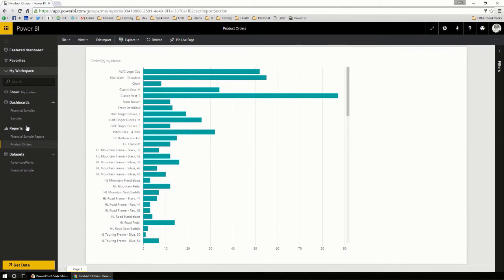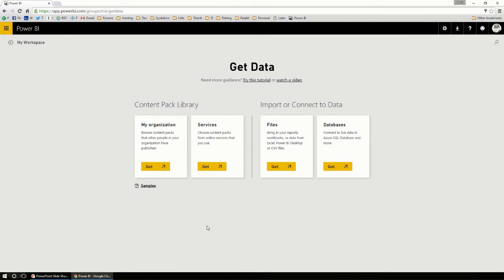All right, so far we've looked at how to connect to data sources using an Excel file. We've looked at how to connect to an Azure SQL database. The last data source that I want to connect to is a third-party service. What do I mean by that? Let's click the Get Data button. You'll notice